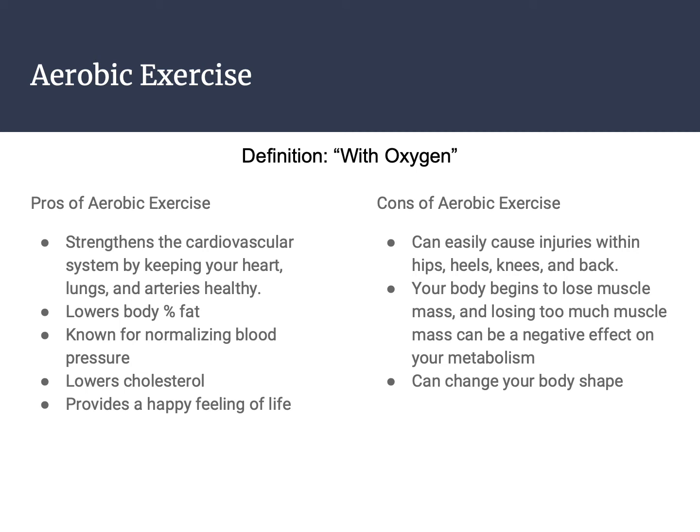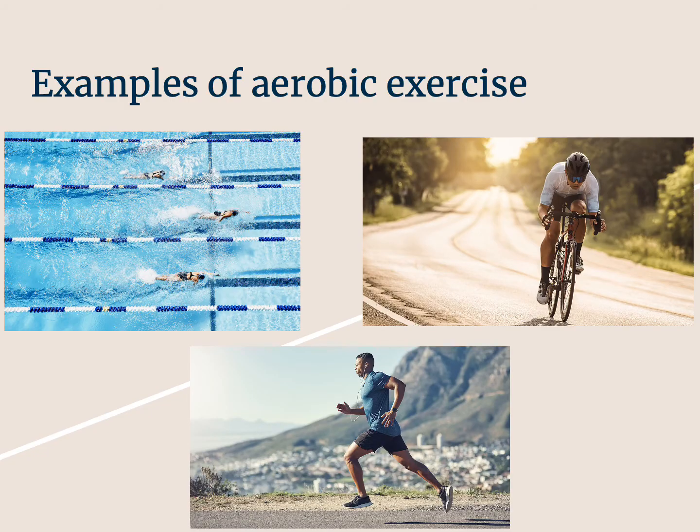So let's go ahead and look at some examples of aerobic exercise. A first example of aerobic exercise is swimming. Swimming requires a lot of oxygen, a lot of air, a lot of cardio, as well as cycling does, and as well as running. It is important for you to know that for aerobic exercise, it's only long distance running. We will talk about the difference between long distance running and why it's aerobic exercise in class, while the other types of running are anaerobic exercise.